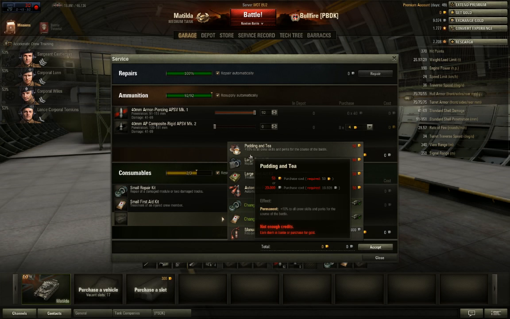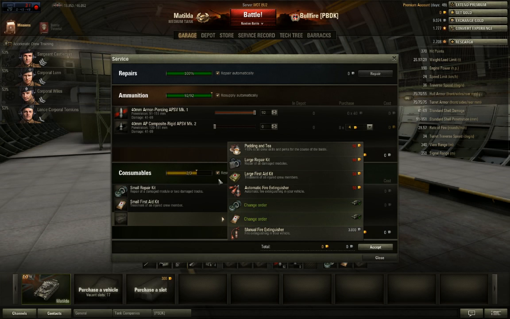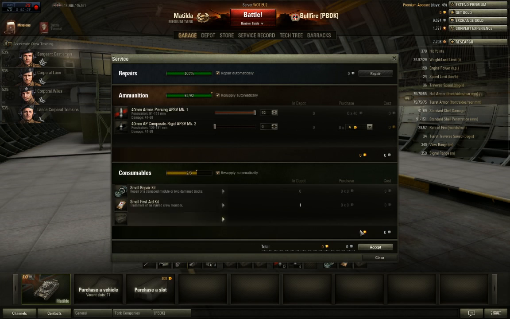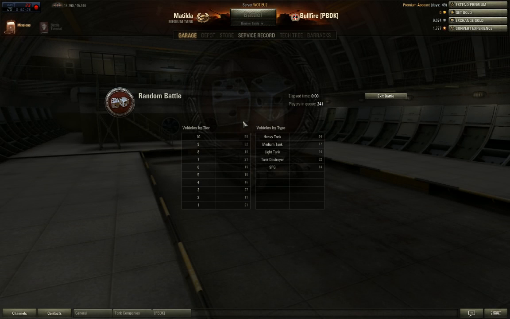What doesn't stay there is this one, the pudding and tea. It only goes for 1 round. So if you're gonna get this, you're gonna have a lot of silver. Besides, if you choose not to have it next round, or the automatic resupply, either you have to pay 50 gold or 20,000 silver. Both of those things are very expensive, so only use it if you really know what you're doing. Like in, let's say, a clan fight or